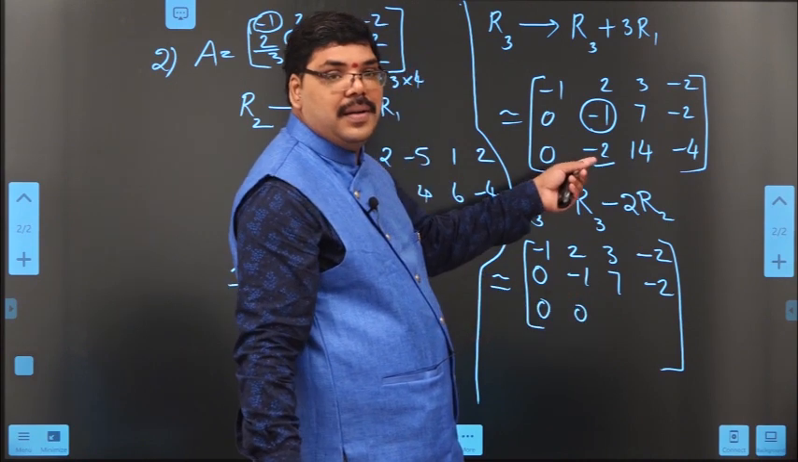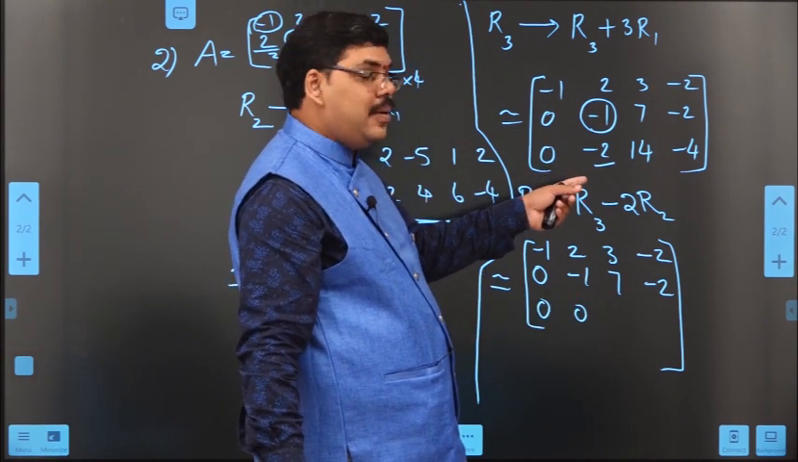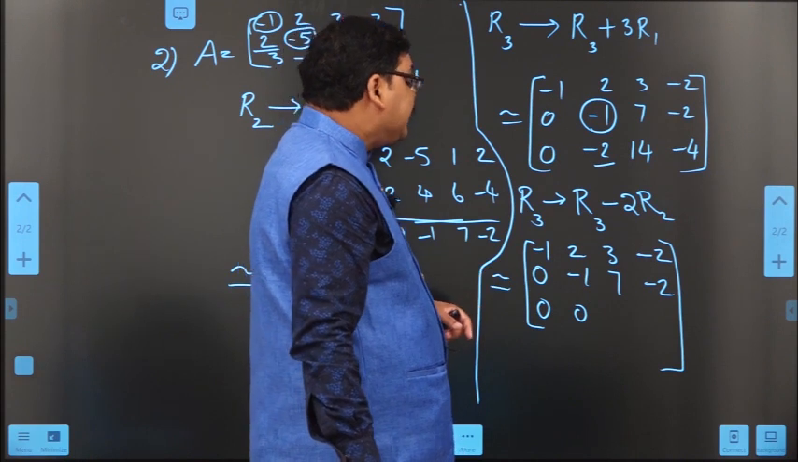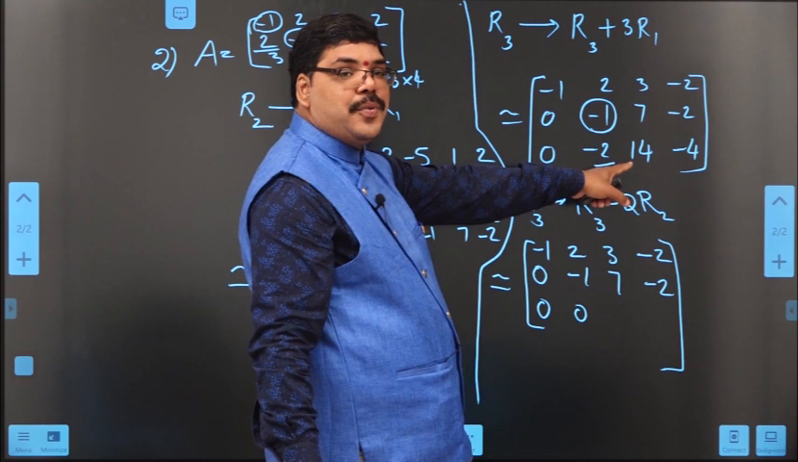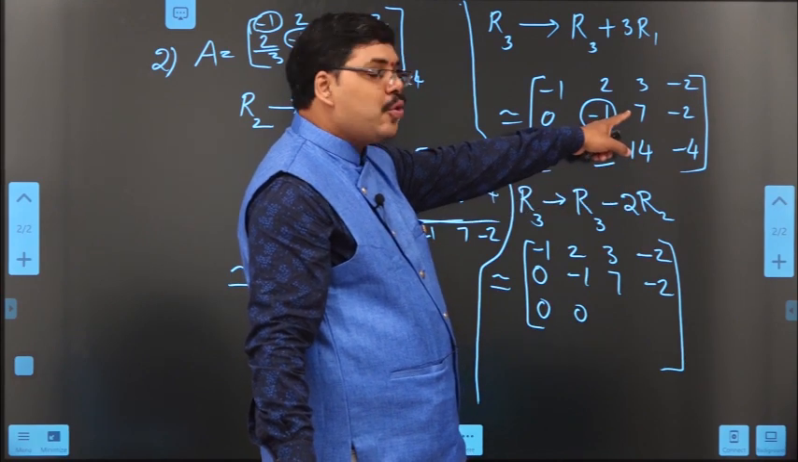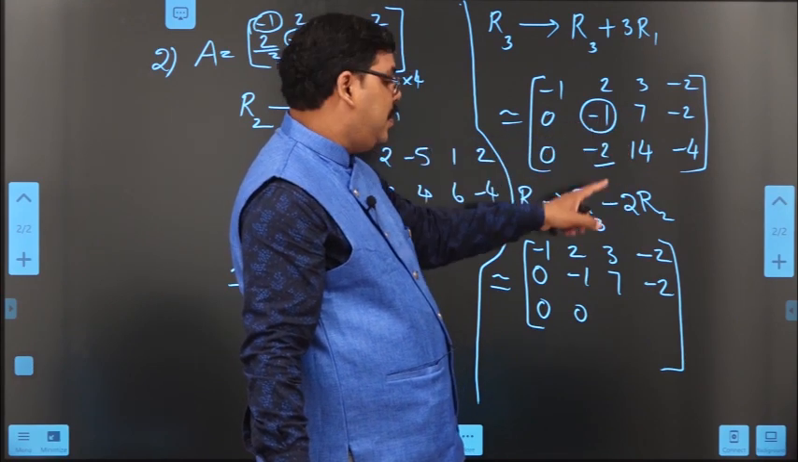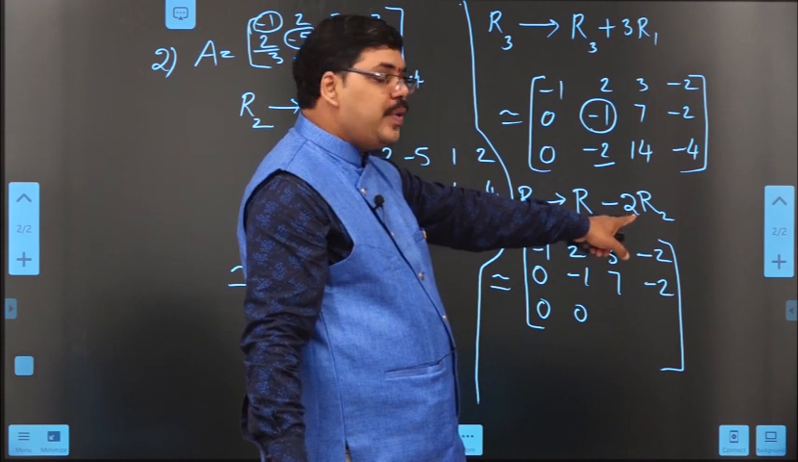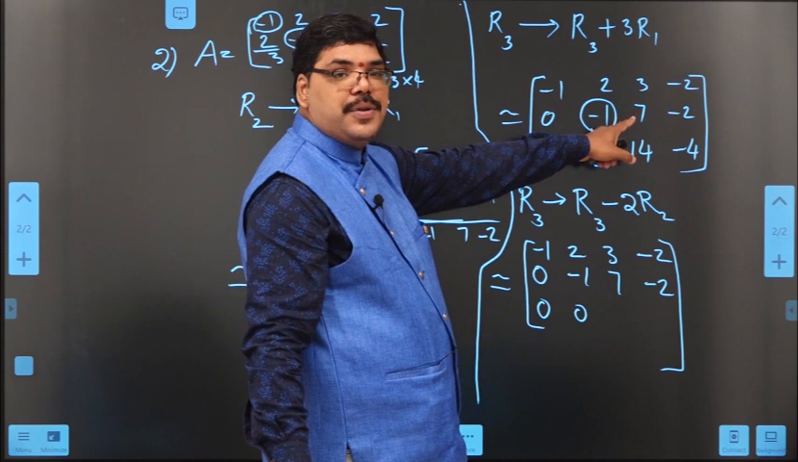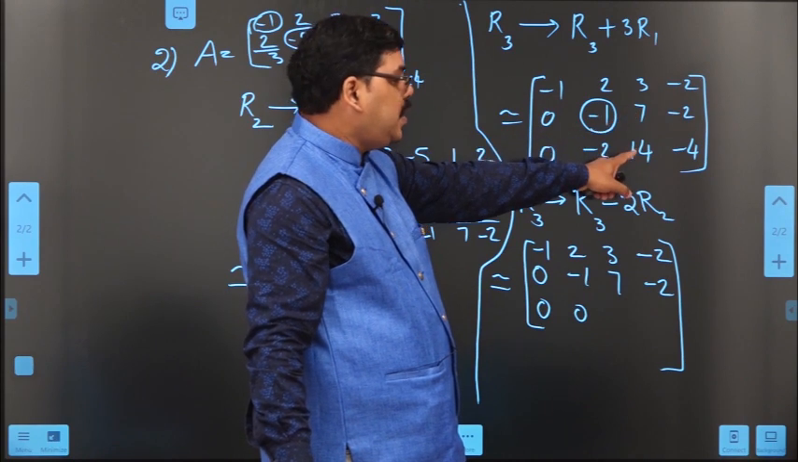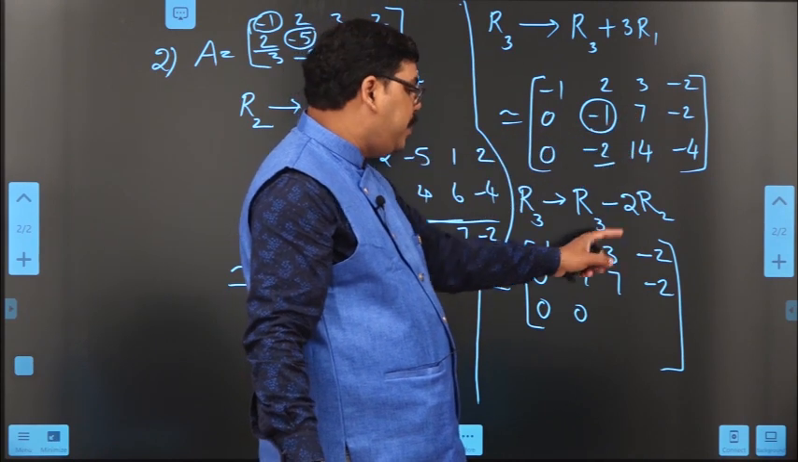If you want, you can calculate through rough work. Okay. In R3 we have 14 in the third position, in R2 we have 7. What I am doing? Multiplying R2 with 2. So if I multiply this, 2 into 7, 14. This is 14, this is 14. When I am subtracting,